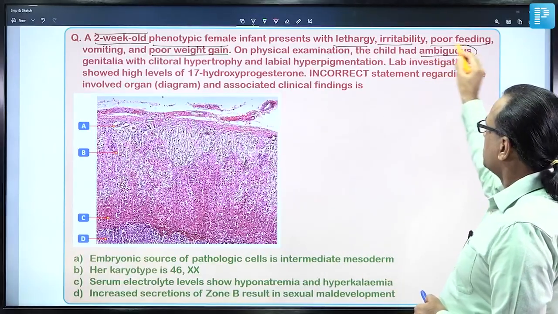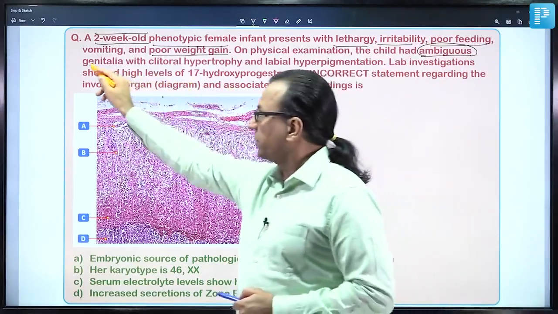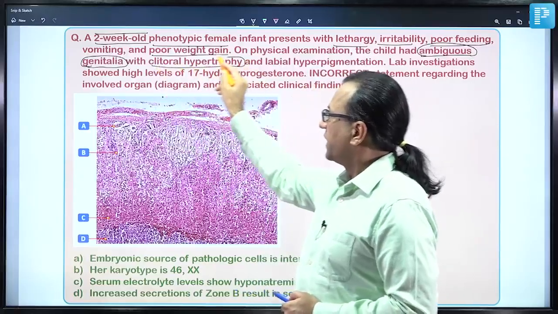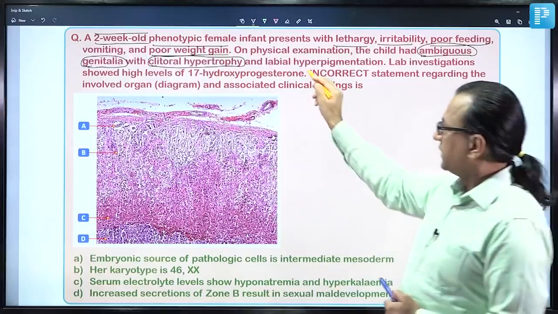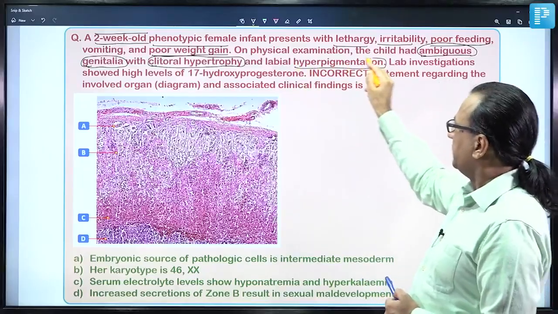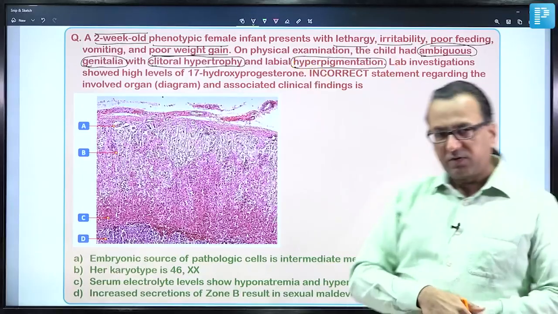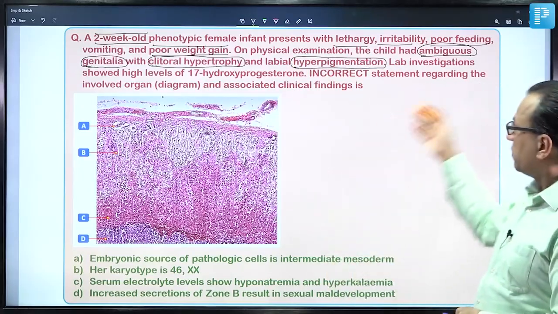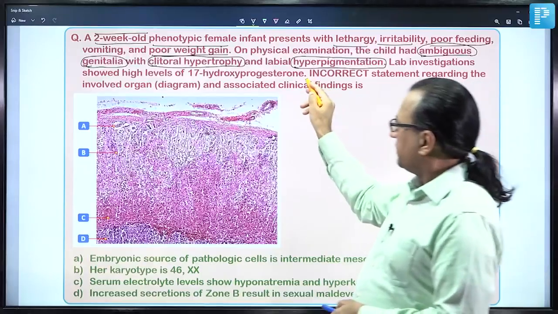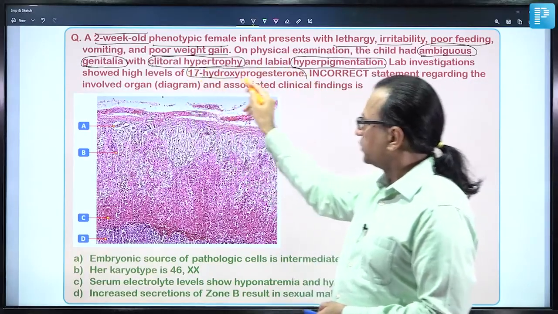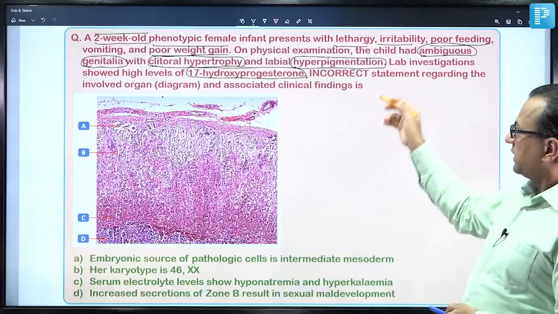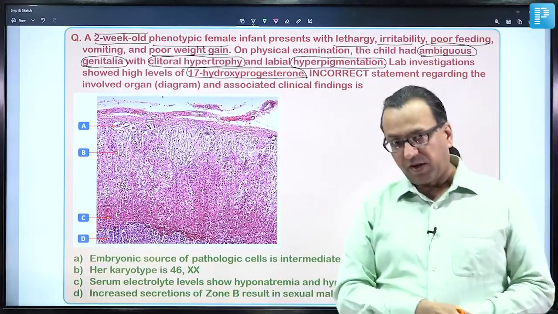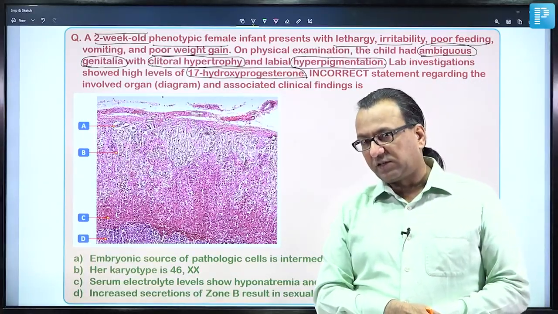there is also clitoral hypertrophy. That means there is some masculinization happening in the girl child. Plus, there is some hyperpigmentation of the labia region. Now, when we were doing the lab investigation, it was showing high levels of 17-hydroxyprogesterone, meaning androgens have increased, and by this time, we understand it appears to be a case of congenital